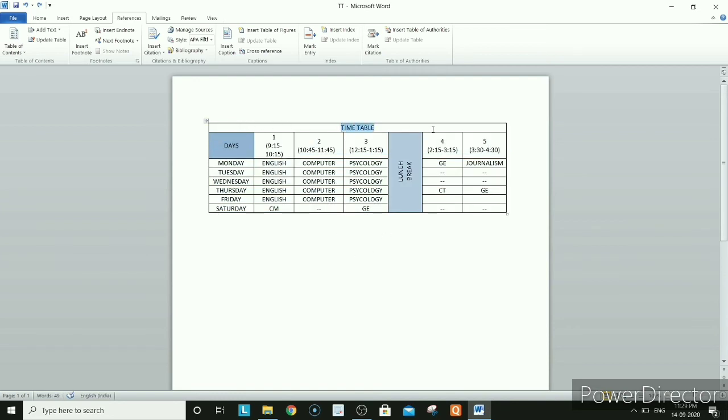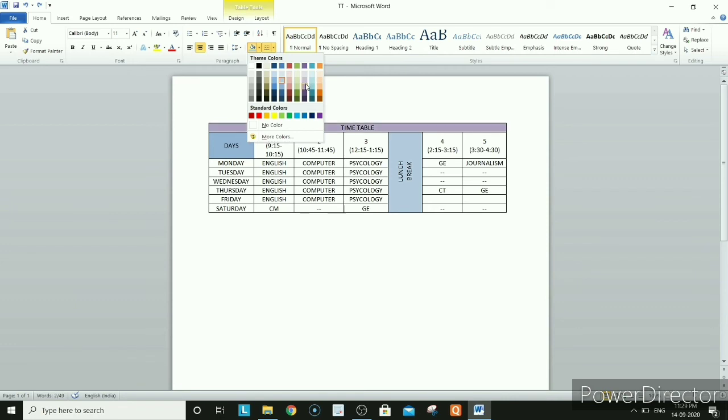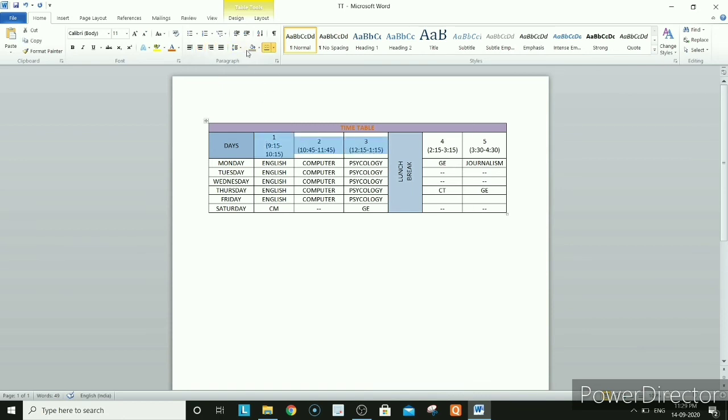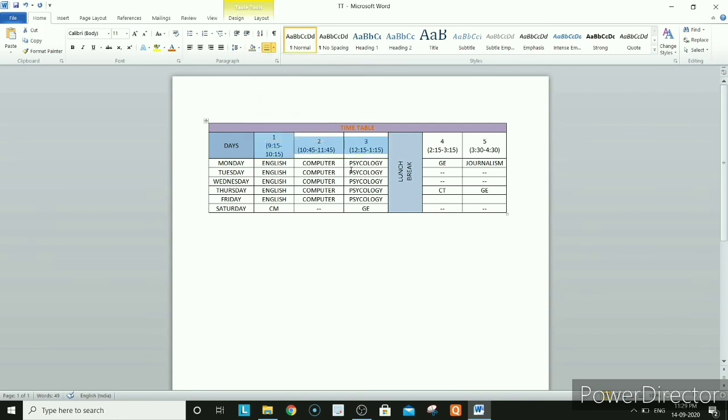So for the timetable, here also I want to modify something. Come here to Home, and here again come here. I want violet color. And the timetable you have to make bold. And see the letter, if you want to change the letter color, then you have to come here. Like this the letter color is changing from here. So this is the format painter. For the cell whose color you want to change, come here to the format painter and change the theme color like this. And normally if you want to change the letter color, the option will be here.